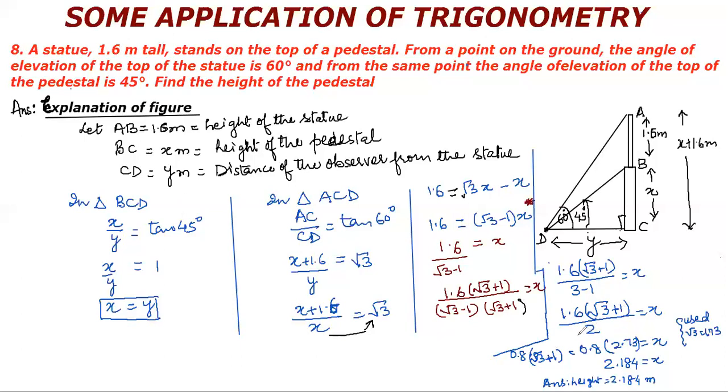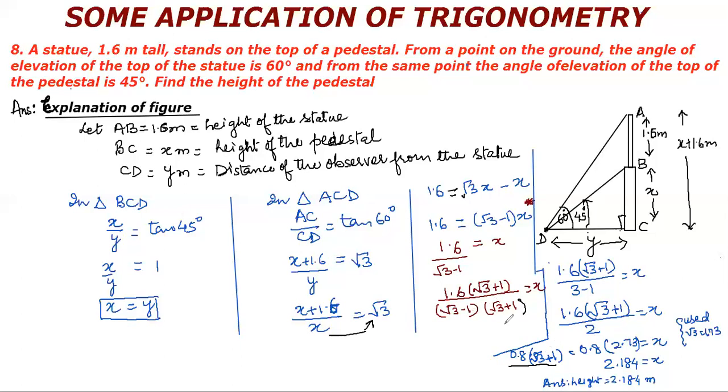If the value of square root 3 is not given in the question, this will be your final answer. This is the final answer. Your final answer has come out. But sometimes in exams, he gives you the value of square root 3. Then children, in this step only you have to put the value of root 3 now, not before that. Only in the final answer you will put the value of square root 3.